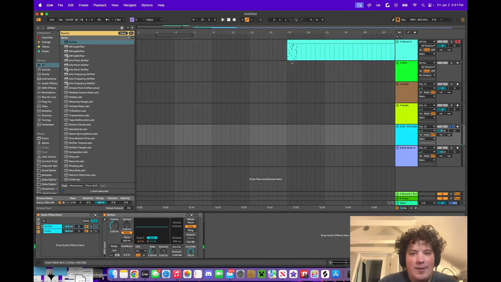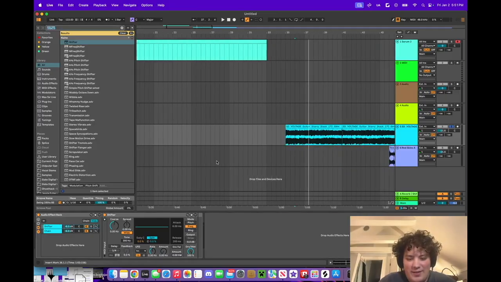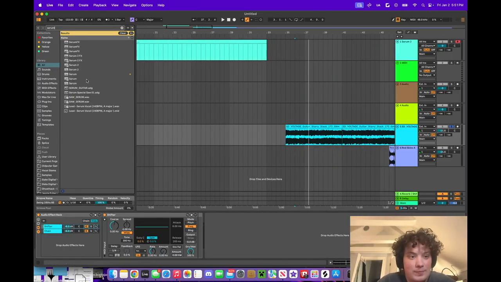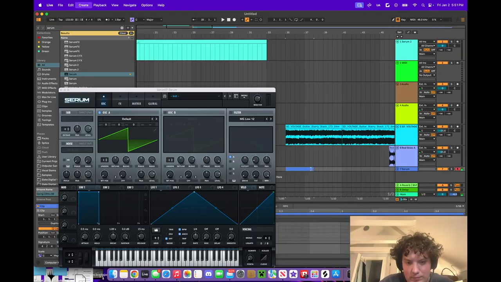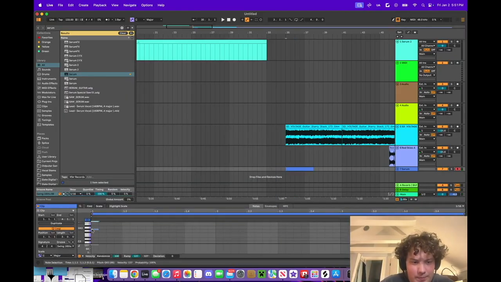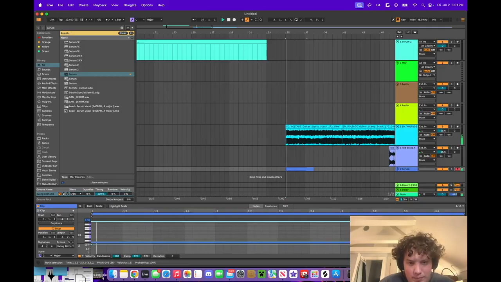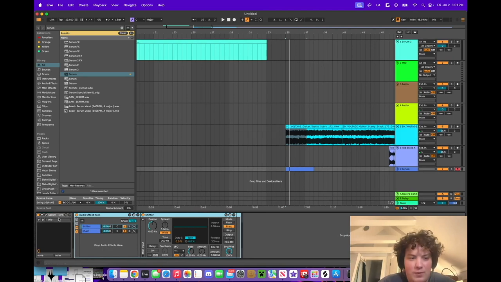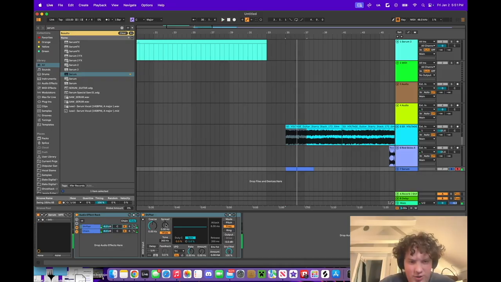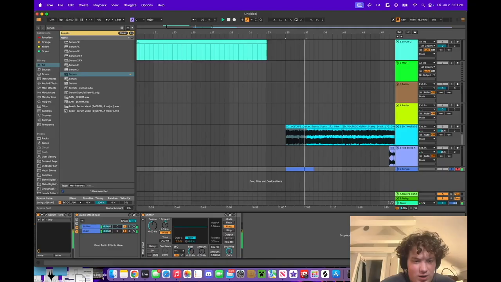Like if I got a saw wave, like a low saw wave, we put this parallel shifter rack on here, and you start cranking that spread. You get a really cool